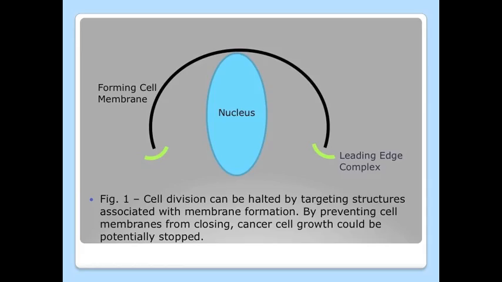In cells, a cancerous state is induced when committed mammalian cells reprogram or dedifferentiate. Saccharomyces cerevisiae, or Baker's yeast, may provide implications for the identification of conserved pathways involved in cancerous cell division. One possible method for halting cancerous cell growth would be to stop membrane formation in a dividing cell, and a potential way to stop this formation would be via the leading edge complex, a series of proteins consisting of SSP1, ADY3, and YSW1 found in yeast that guides the developing membrane to closure.